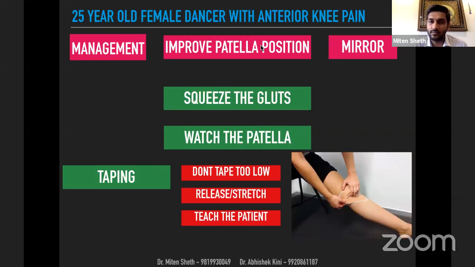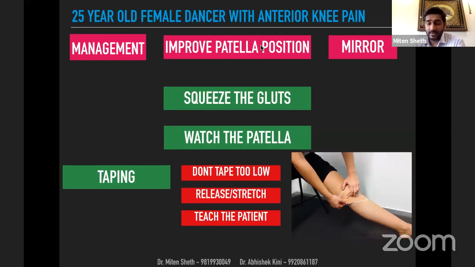They must learn to watch their patella. Now, you can improve patella position with taping, but the idea is to think about the infrapatellar fat pad always. Don't tape too low. Think of releasing and stretching, not only taping. So everything on the lateral side of the knee and behind must be stretched, stretched, stretched. And you must teach the patient, if you're taping the patient, in an ideal scenario it should stay throughout the day, and if they can't visit you or they're seeing you twice a week,